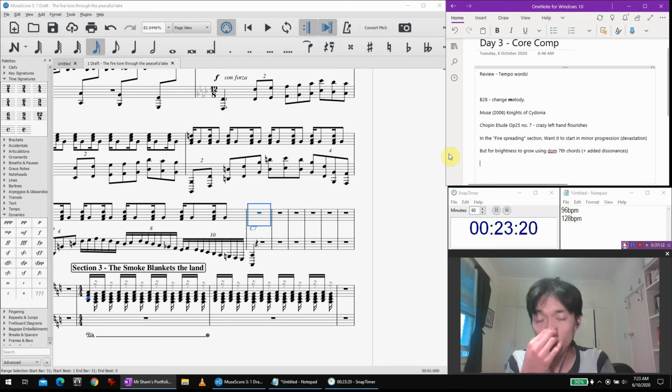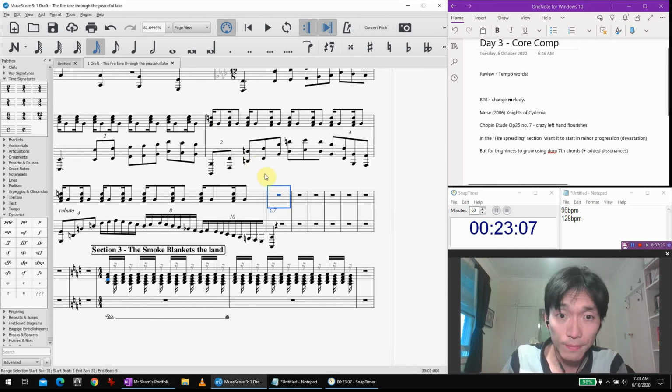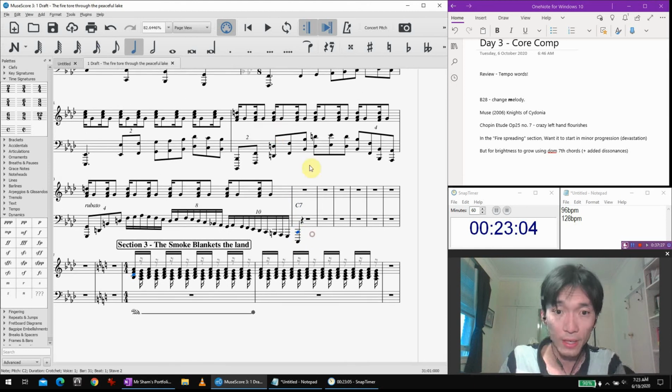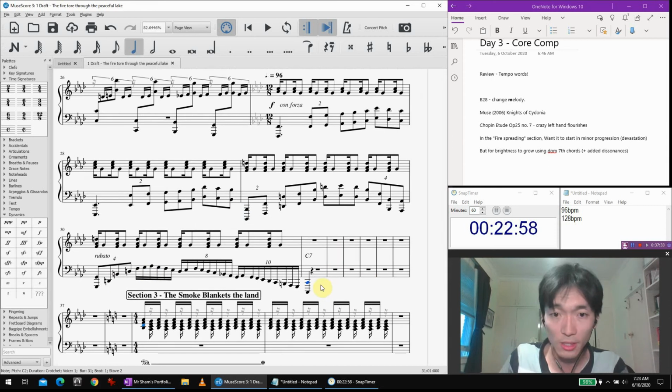Now down the track, I do hope to do some polytonality as well. Is that what it's called? Polytonality? Yeah, two different keys at the same time. Kind of right hand, left hand, different keys to create some interesting chords. So we'll try that down the track. But this is certainly giving us more energy. It's getting more and more crazy, which is nice.